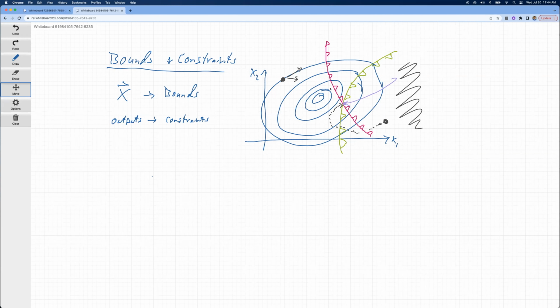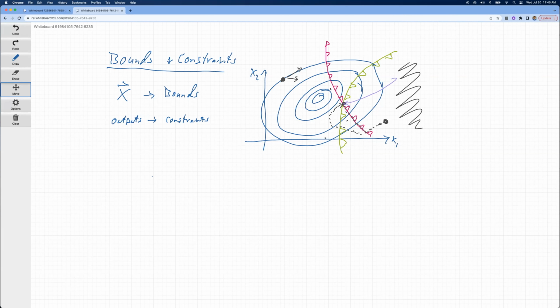If you initialize it in a feasible design space, it may test some points, you know, it may try some things that violate constraints, but as it takes the next step, it's going to try to stay inside of the fences, inside of the feasible design space. And so basically we would expect GRG maybe to walk along this fence until it gets to the optimum rather than ever crossing that fence, where SLSQP will violate constraints, but guarantee that in the final solution, we're going to make sure we satisfy all of those.